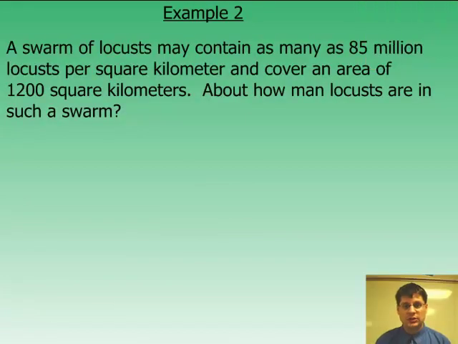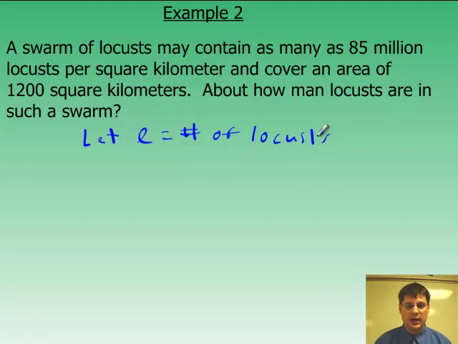Okay, so this next question deals with scientific notation. So here's a little refresher on scientific notation. It states a swarm of locusts may contain as many as 85 million locusts per square kilometer and cover an area of 1,200 square kilometers. About how many locusts are in each swarm? So I'd define my variable. I would say let L equal the number of locusts